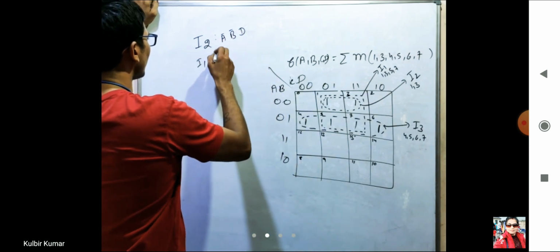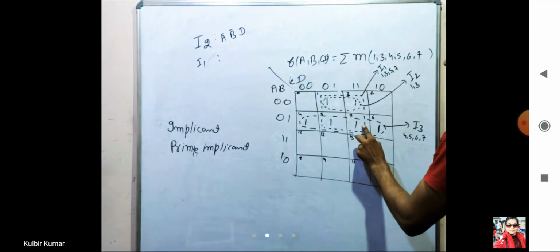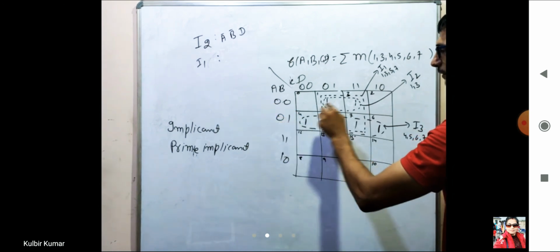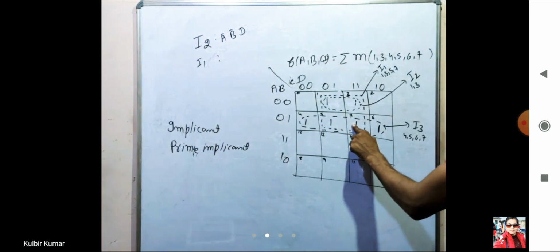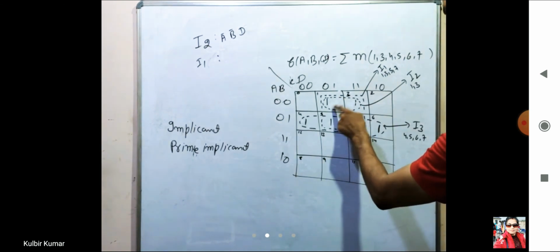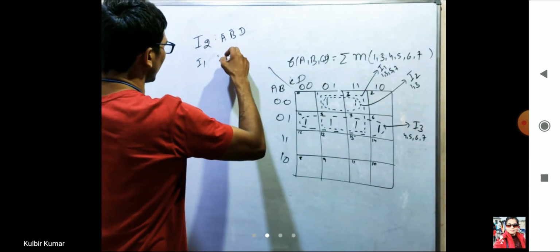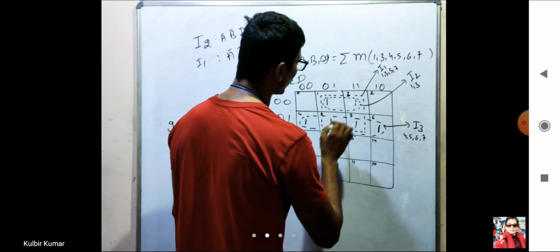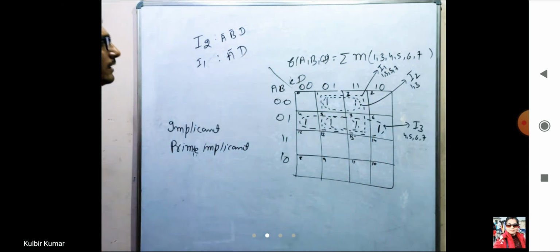And what is in implicant I1? I1 has a total of 4 cells, like 1, 3, 5, 7. What is the common thing? A complement is common, so it is nothing but 0, 0. In these two cells also A complement will be there, in these two cells also A complement will be there. Further, in C and D, C complement and without complement is not common, but D is without complement. So what I got here? I got here A complement and D only. Right? And I think these two ones are not covered in I2. So if I cover these two, then I think I got A, B complement and D only.